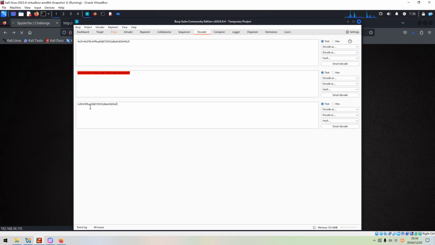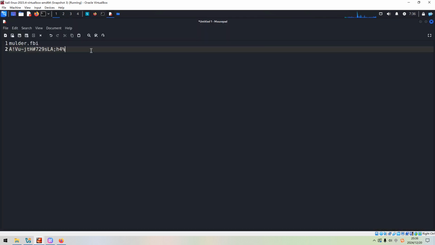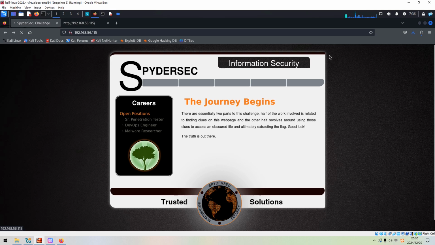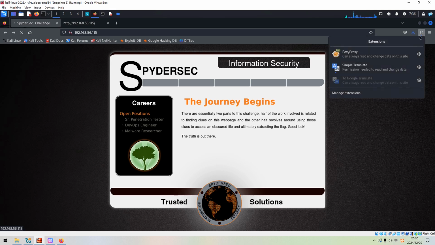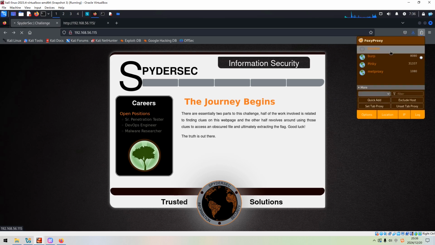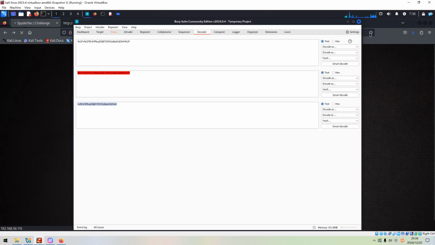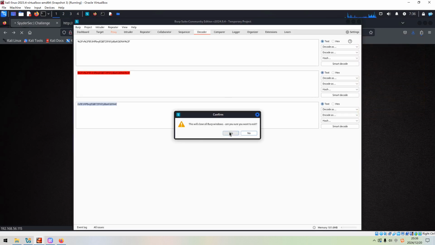So I think this is the reason why just now when we accessed the V directory, we were forbidden. So maybe now we can copy and put it over here. So now I think we can disable the proxy and also turn off Burp Suite.